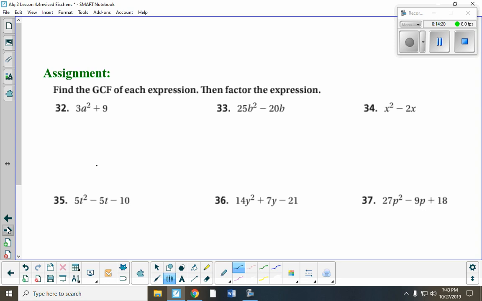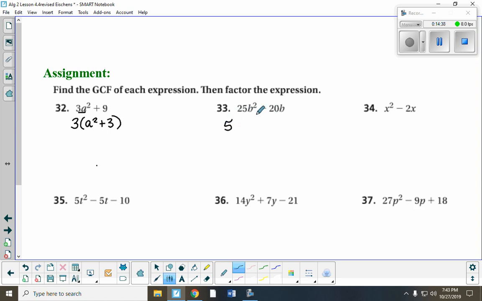So let's just do a couple problems here. Like in this problem, you look for your greatest common factor. Well, it would be a 3. So if you factor 3 out of the first term, you would have a squared left, and 9 divided by 3 is 3. In this problem, if we factored out the greatest common factor between 25 and 20, that would be a 5,